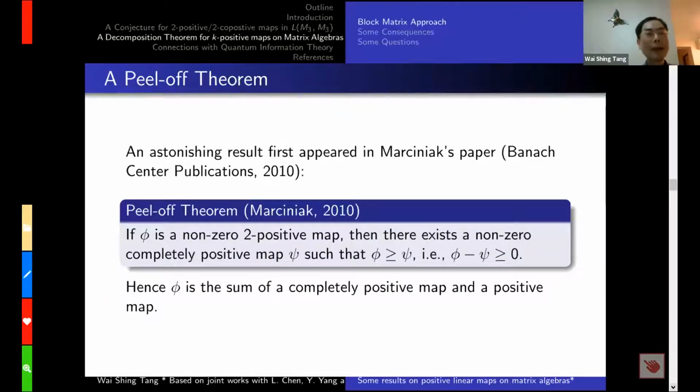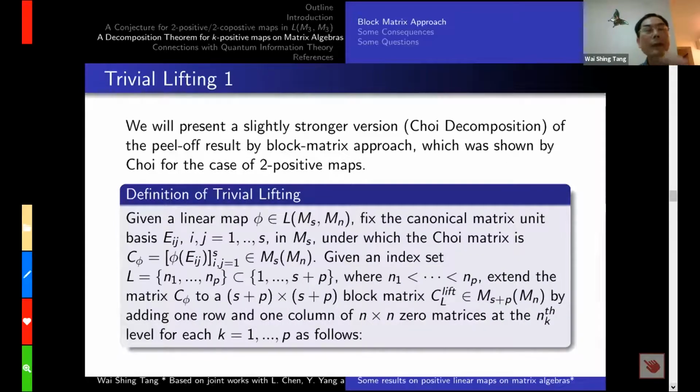So it turns out that it's related to a previous result of Woronowicz, which shows that any non-zero 2-positive map has a decomposition. So we can split phi into two parts, a completely positive part and a positive part. So every 2-positive map has this decomposition on the matrix algebras. Now we'll be presenting a slightly stronger version. Here we make use of